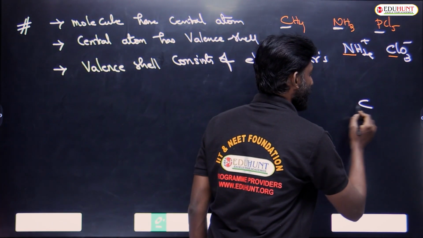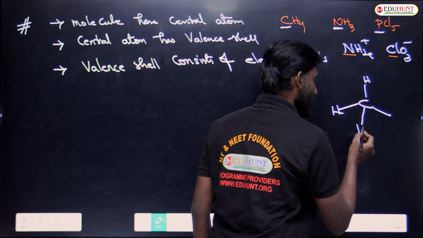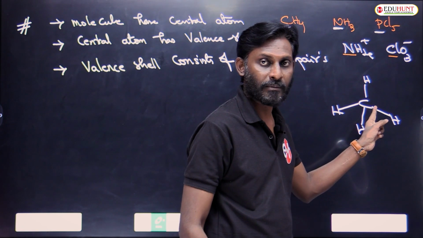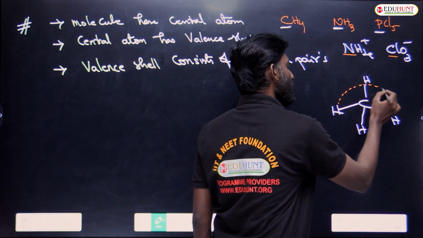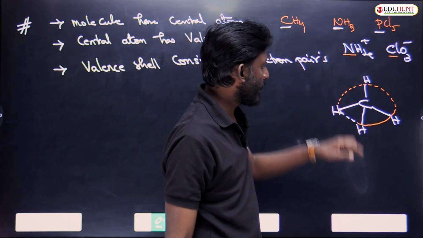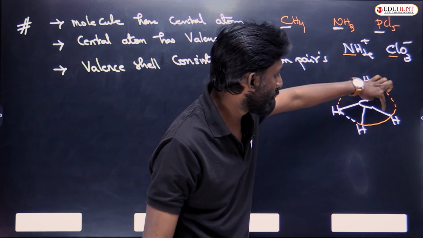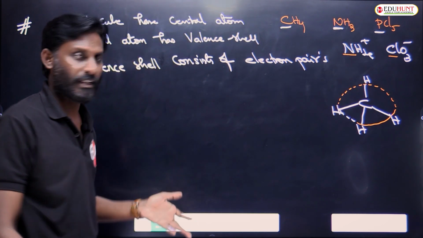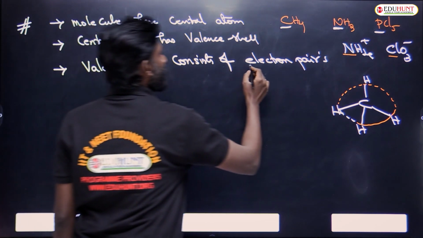For suppose if you take methane molecule, see, this is the central atom. Now the valence shell means this entire portion. This entire portion is the valence shell. That means you can take this valence shell of carbon has 1, 2, 4 bond pairs. So 4 pairs, right? Similarly, you can have lone pairs also. But the point is, the valence shell consists of electron pairs,